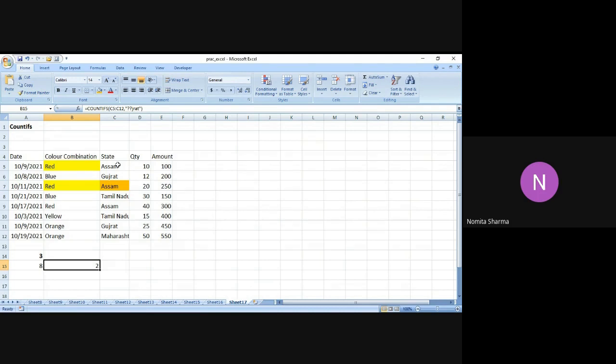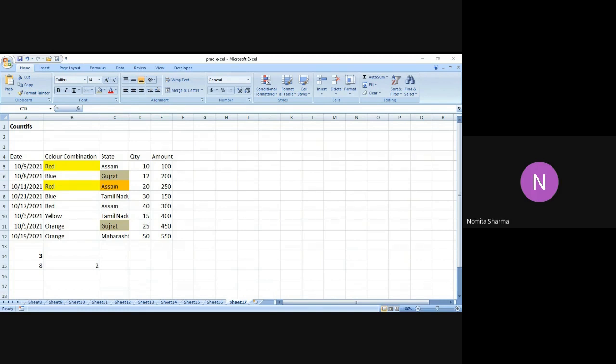So in this case, it is telling me that in the particular column of C5 to C12, there are actually 2 cases where the criteria is met. First is this Gujarat, let me highlight that. And second is Gujarat, which is in the 11th row, right? So that is how we are getting answers with the COUNTIFS function, where it allows us to give the count of the particular cells meeting the criteria.